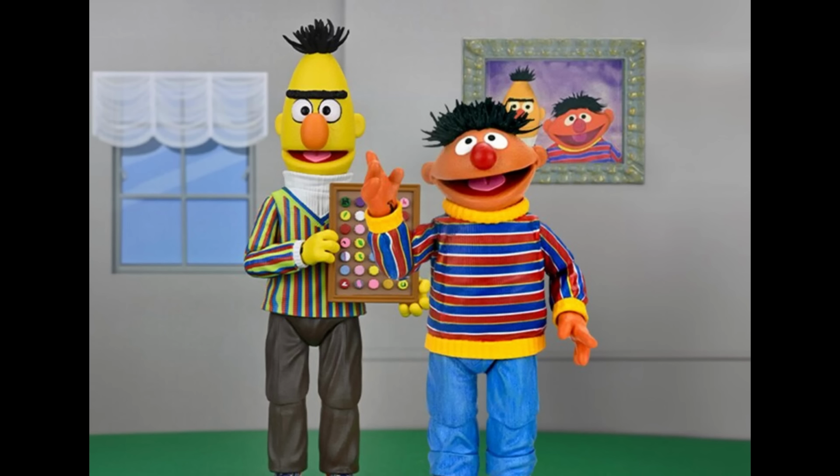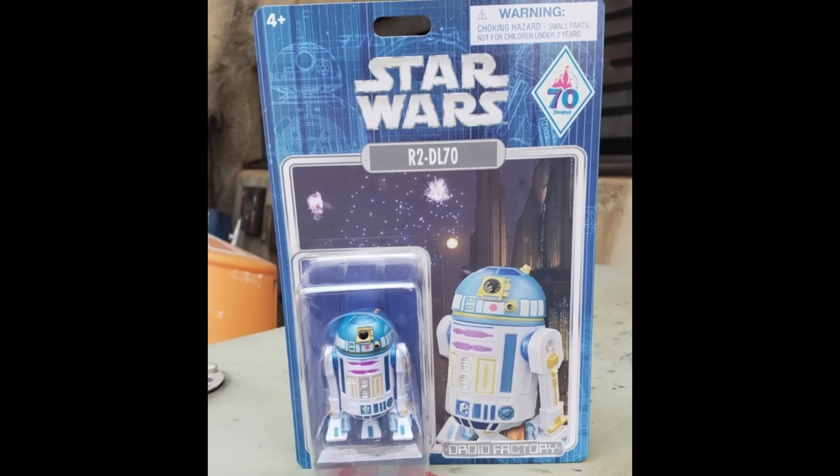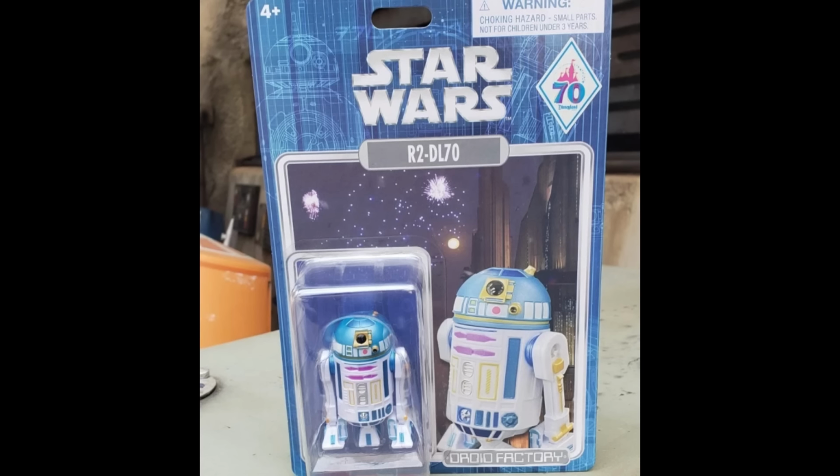I bet BBTS has had them for a while, but they weren't allowed to list them until a certain date because of the whole haulathon and the first sales from Target. But if you missed them at Target and you want them now, you can get them at BBTS. All right, I guess there's nothing left with Star Wars news, and here we go with the new Droid Factory